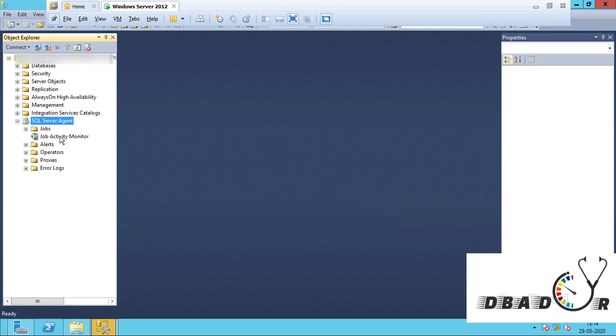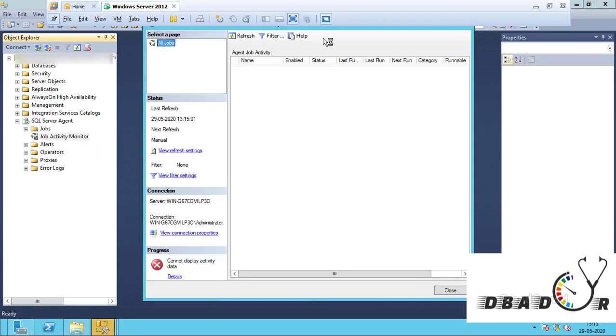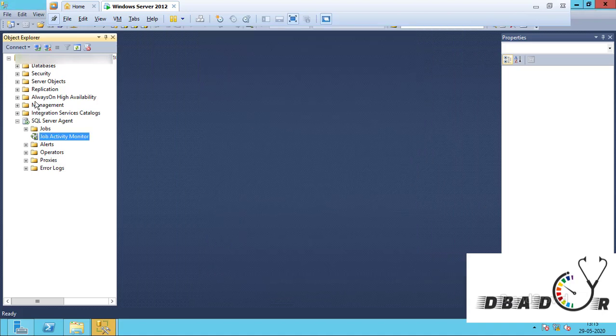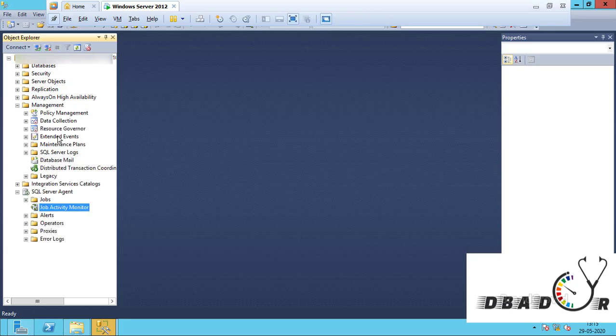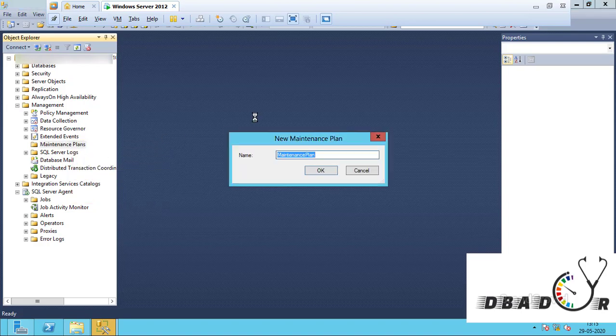You can see here what all jobs are enabled and disabled. So here in Management you have Maintenance Plans. Under Maintenance Plans you have to create one maintenance plan. I'm creating it as a full database backup.